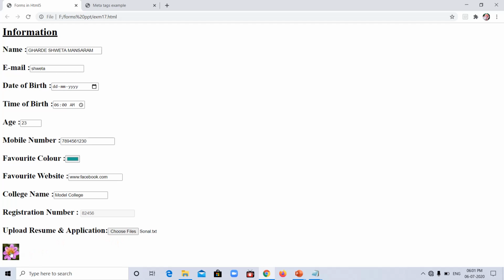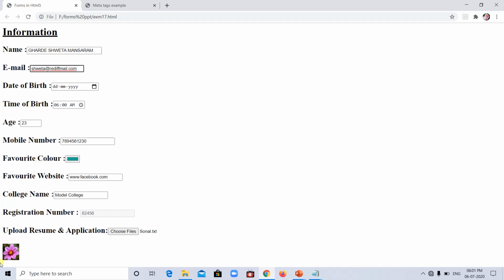At last I am using an image as a submit button, so on clicking this button all this data gets submitted to the server. But let us see whether it gets submitted or not. No, it is not getting submitted. It is giving me the first error here in email ID, that you have to write the @site and the domain name. So the domain name is Rediffmail, Gmail, Hotmail, whatever you have, that email ID you have to write.